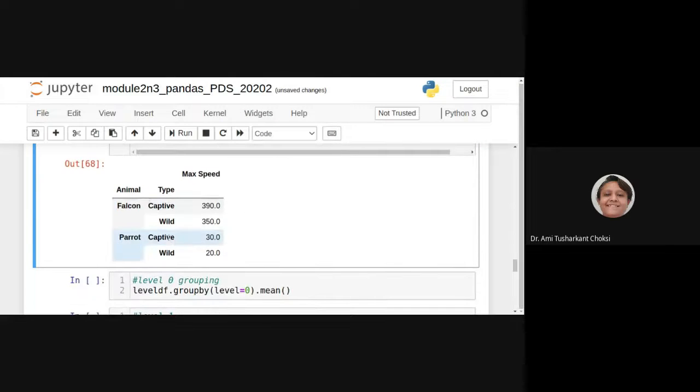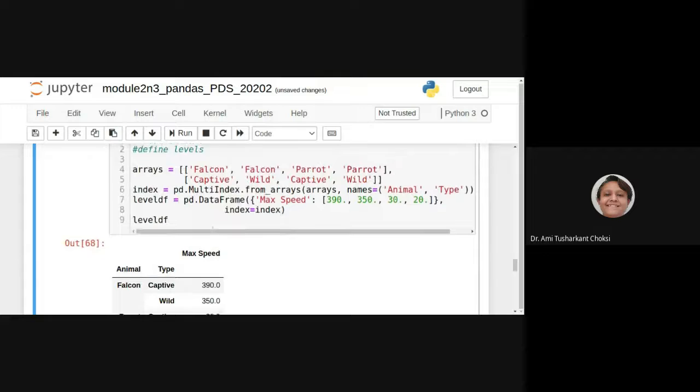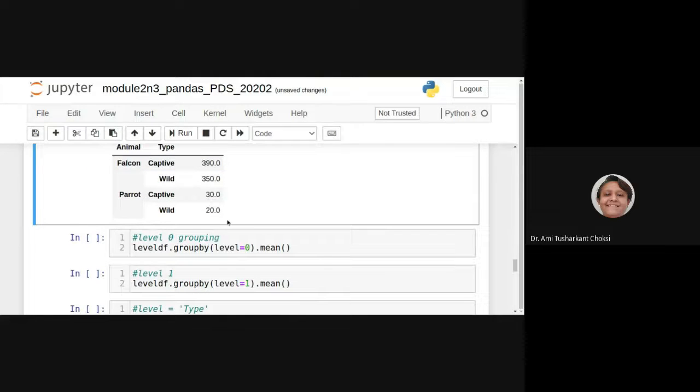So here we are having these two columns as our index, right? So falcon captive, here nothing is written, it is falcon only, while parrot captive, parrot wild, right? This is the index. This is the multi-index. And whatever is the maximum speed, we are able to see here, right?